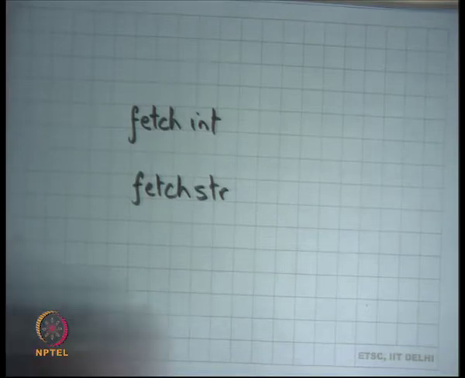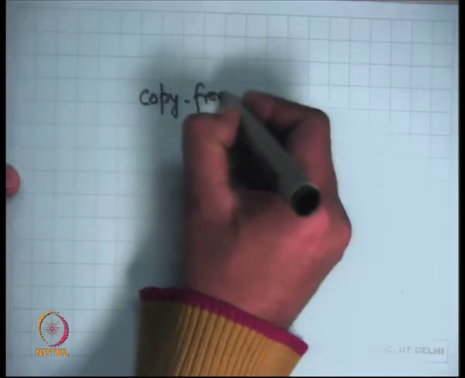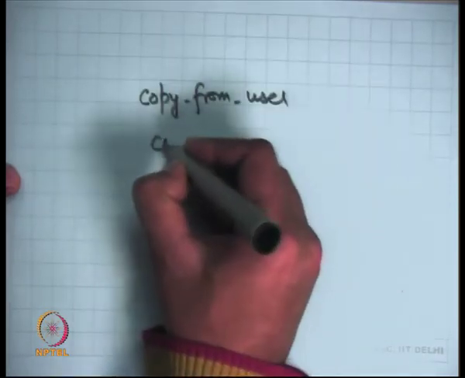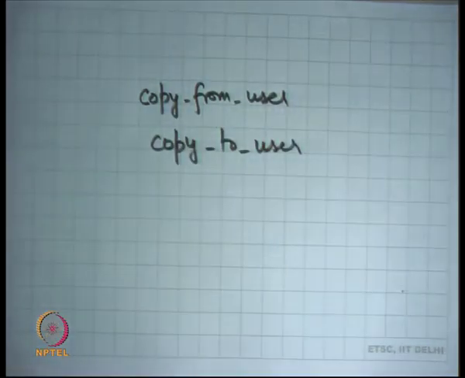Similarly, on Linux, there are these functions called copy from user and copy to user. Once again, these are special functions designed to handle user pointers. If you happen to miss them, so for example, the kernel's code is relatively large, and multiple people are contributing to a kernel like Linux or any other operating system, so it's quite possible that a programmer makes a mistake.